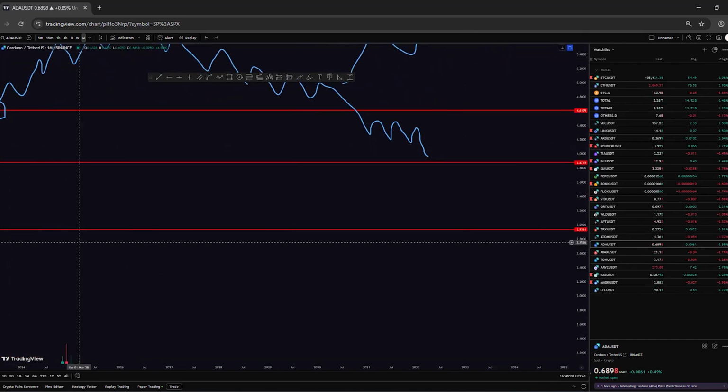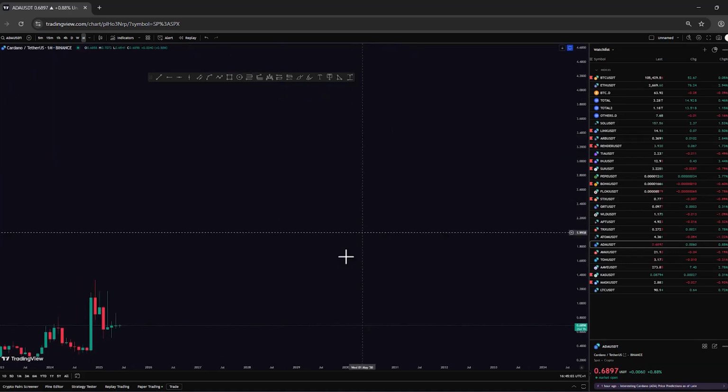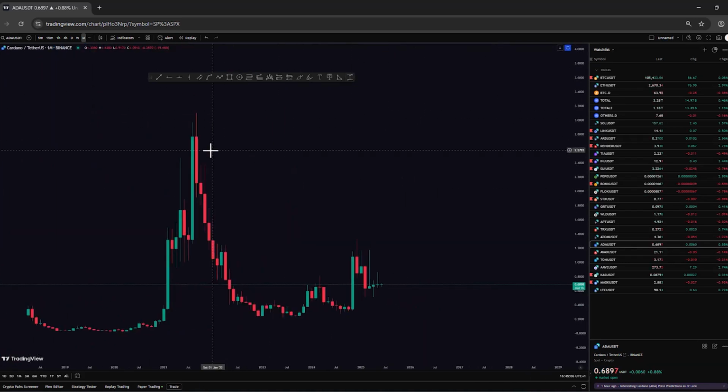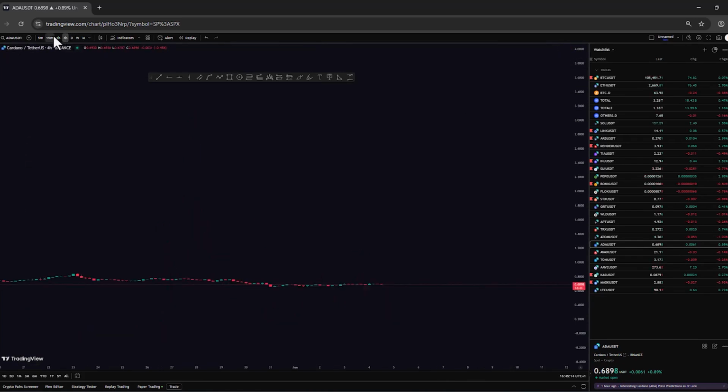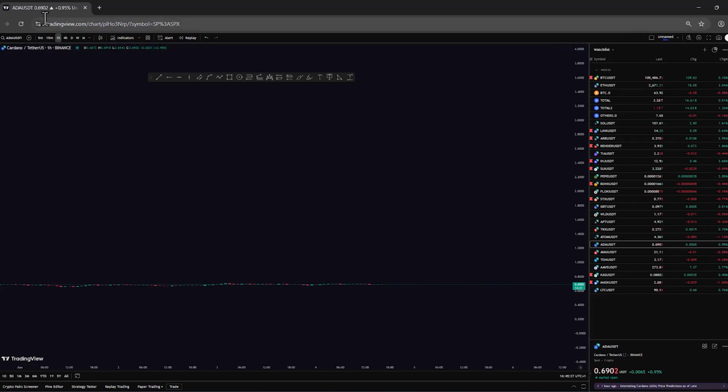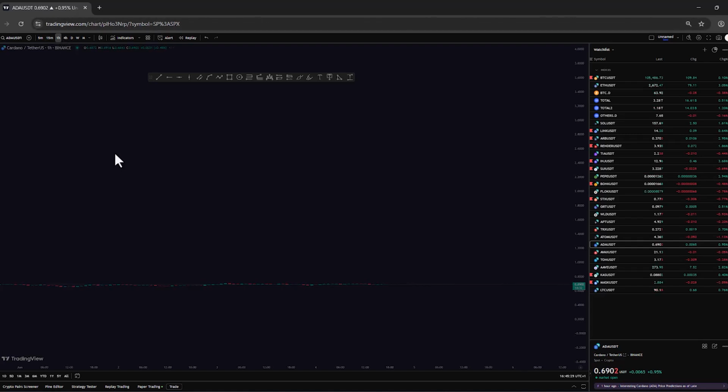If you're working on the 1 hour chart, make sure to use higher time frames as well, step by step, but don't go below the 15-minute time frame. And let me tell you this too, higher time frames are more important for you. Don't just use 1 hour for drawing support and resistance. I'm talking about drawing, not for analysis. That's a different discussion. So yeah, how can you draw resistance?